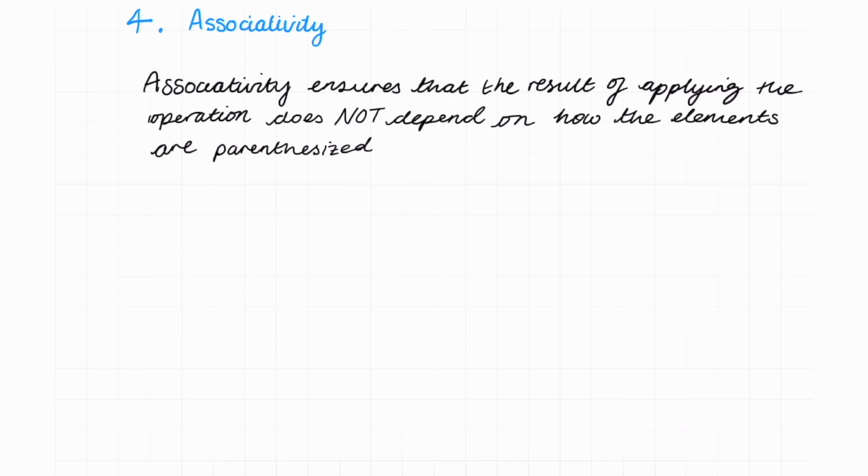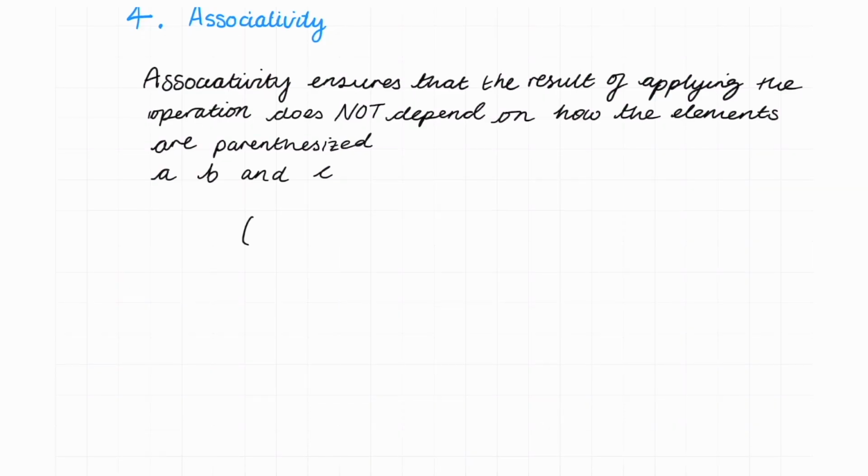And this is actually a little bit easier to understand mathematically. So we can say if we take 3 elements, A, B, and C, and these are 3 elements in the set that we are analyzing to work out if it's a group. And if we apply the operator between A and B, and then we apply the result of that with C, this should be equal to, if we take B and apply the binary operator on it with C, and then apply the binary operator between A and the result of B operated on with C, these two should be equal. Now let's take an example.